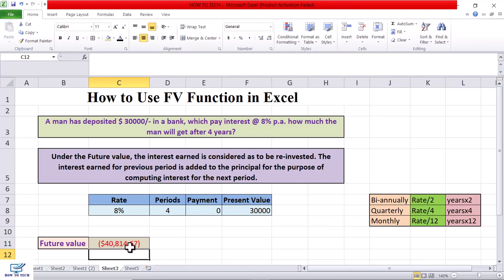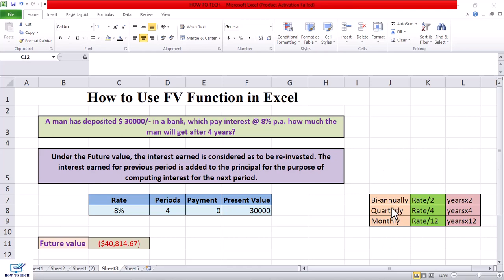So it has shown 40,814.67. So after 4 years the man will get $40,814. Viewers, here you can see I have provided additional information, and that is to be used when the interest rate